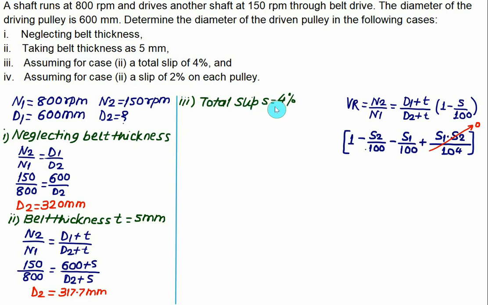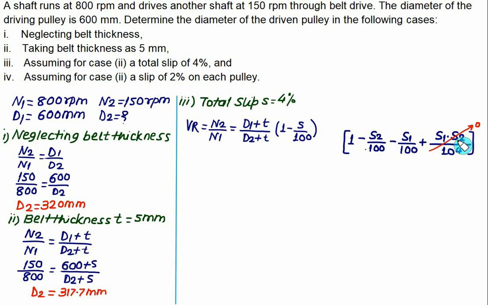In the third case, you have to again find out the diameter of the follower, assuming the total slip S is equal to 4%. We'll use this formula and we'll assume the product S1 S2 is very small. So N2 is equal to 150, N1 is equal to 800, diameter of the driver is 600, thickness you have to take as 5, divided by diameter of the follower you have to find out plus thickness equal to 5, into 1 minus S, which is 4 divided by 100. Again solve this. So we have diameter D2 coming out to be